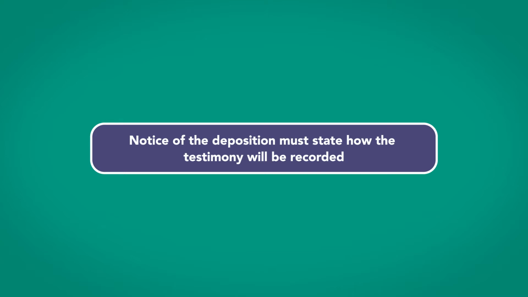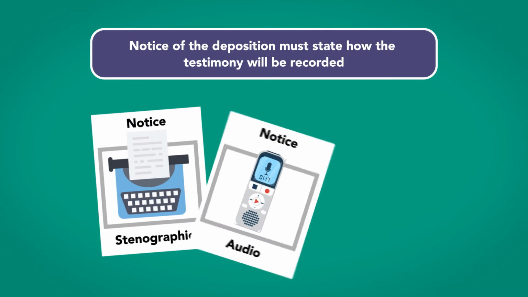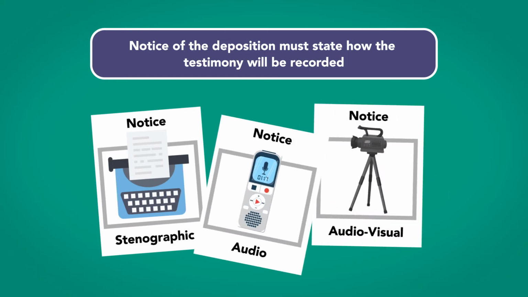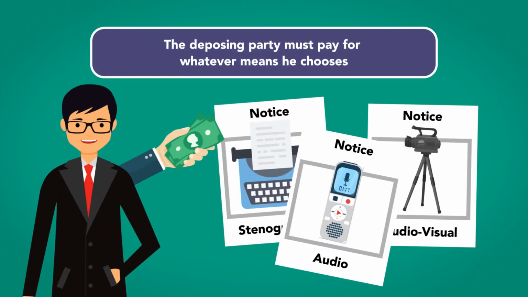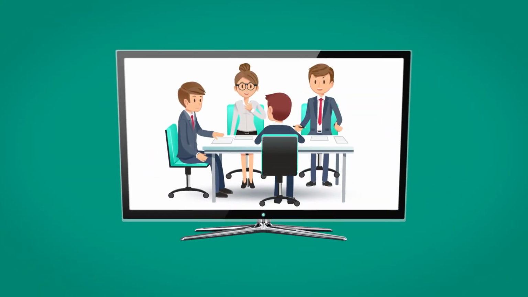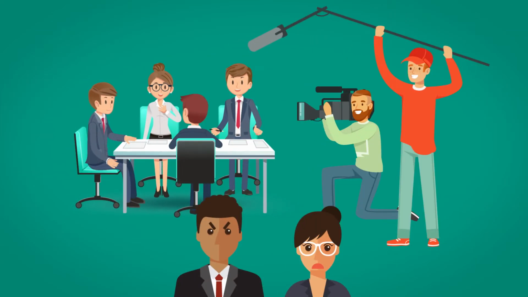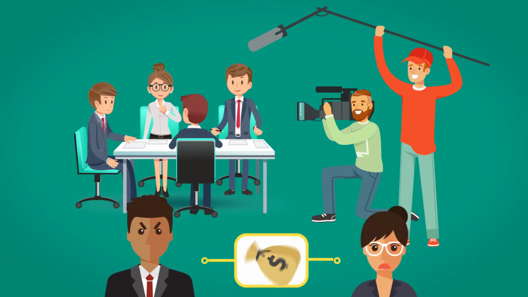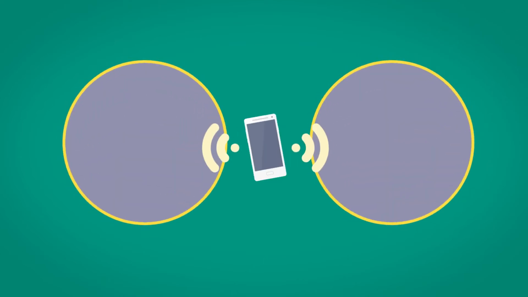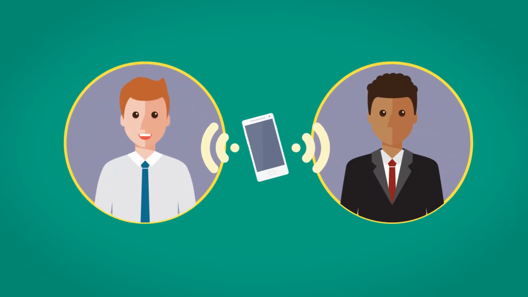Generally, deposition testimony may be recorded by stenographic, audio, or audiovisual means, but the deposing party must pay for whatever materials he chooses, and neither the deponent's nor the attorney's demeanor or appearance can be distorted by the recording technique if the deposition is video recorded. If the deposing party chooses a method that another party is unsatisfied with, the other party can choose to have an additional means used. However, that party is responsible for the cost of the additional means of recording. Furthermore, depositions can be taken by remote means, including telephone, in the appropriate circumstances.